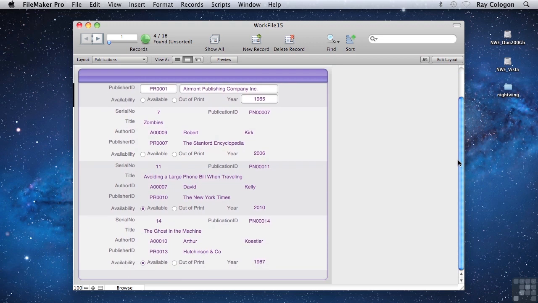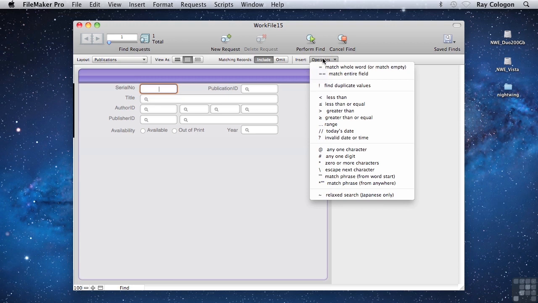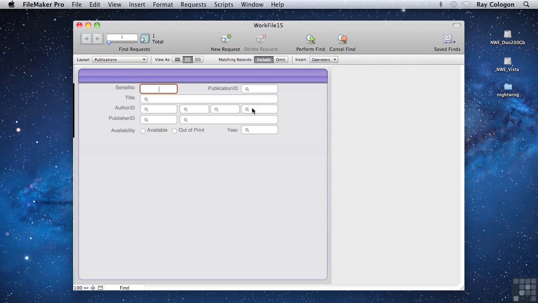But what if I want to locate publications written by authors with names starting with one of several different letters? The first thing to do when looking to widen a search to have it locate additional records is to consider the various operators that are available. For example, if I use the range operator, I can ask FileMaker to locate any records that have a value in the author last name field starting with any letter of the alphabet in the range from, say, K to